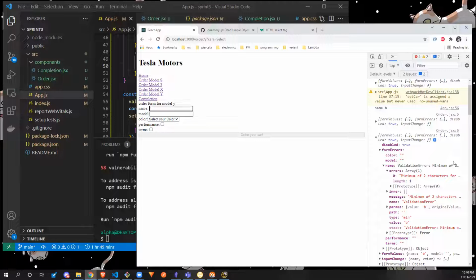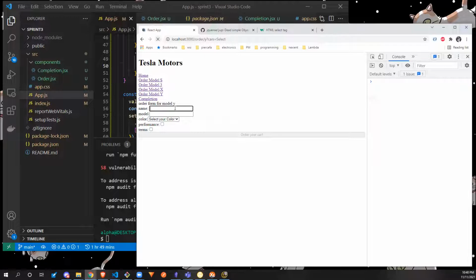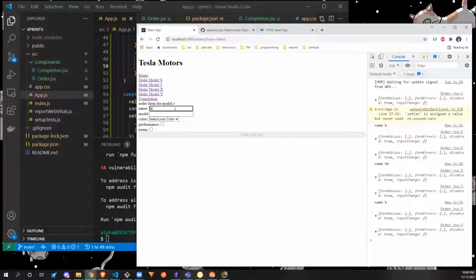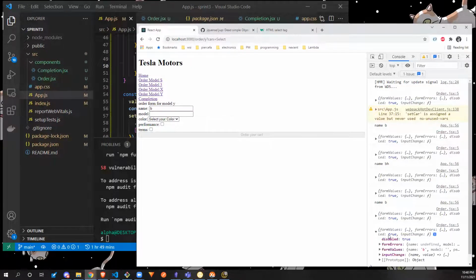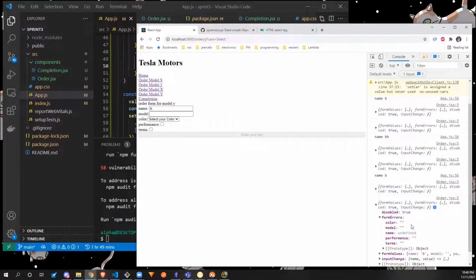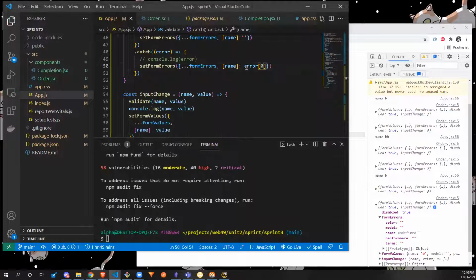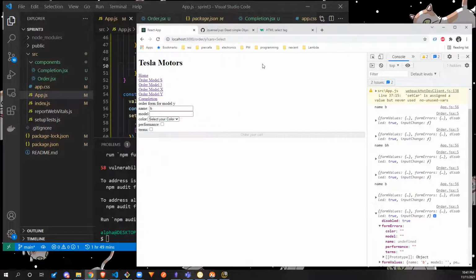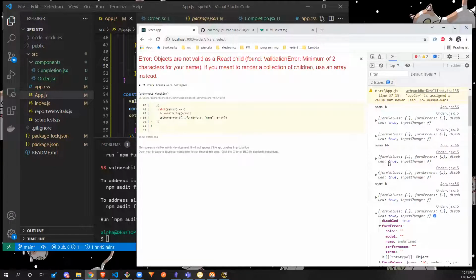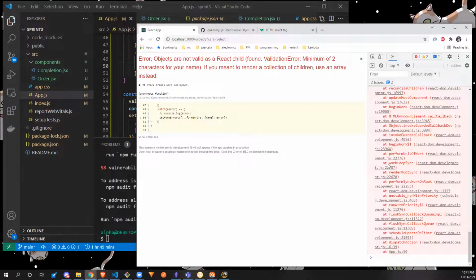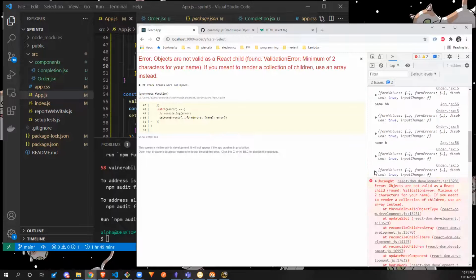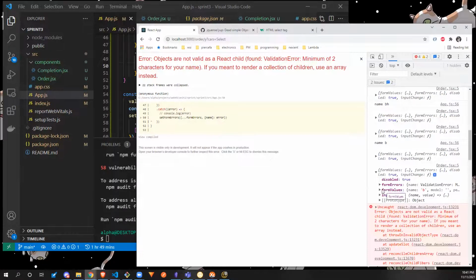oh, let's see here. Let me clear this. It's got form error, name undefined. Oh, that's weird. I have to take that out and take a look at that again. So let's see how this crashes. All right, so all of this stuff, I'm not even looking at that. I'm looking at the data that I console logged